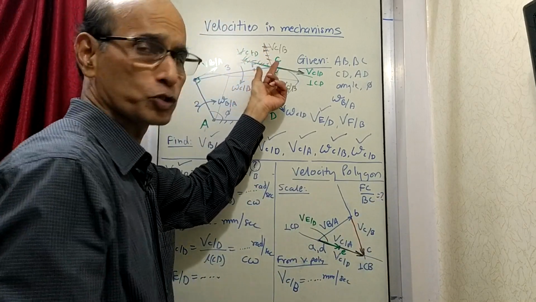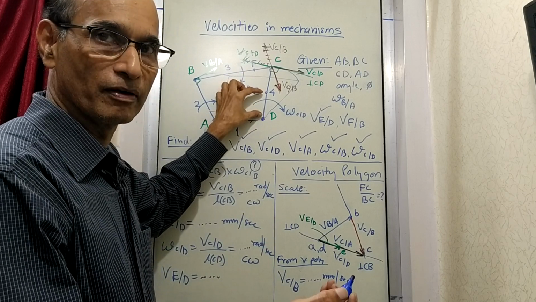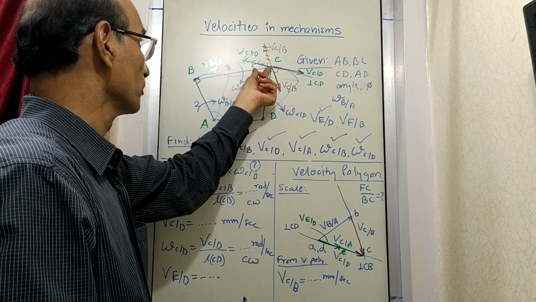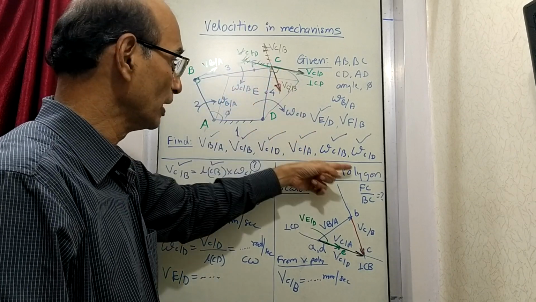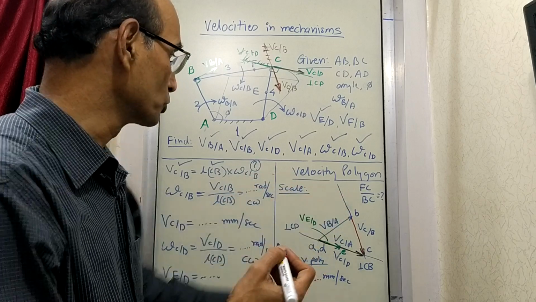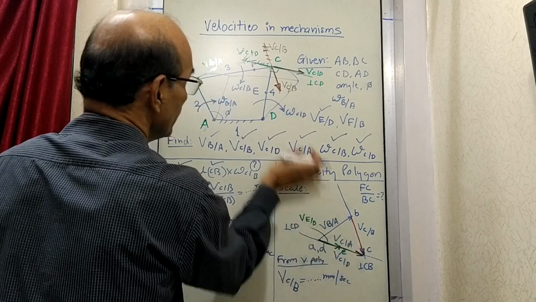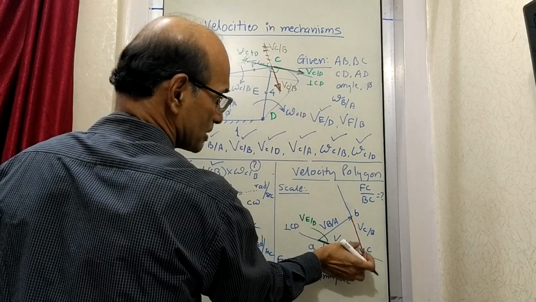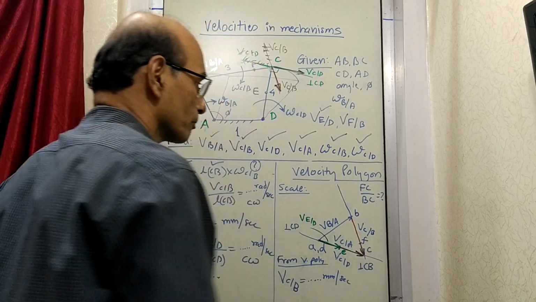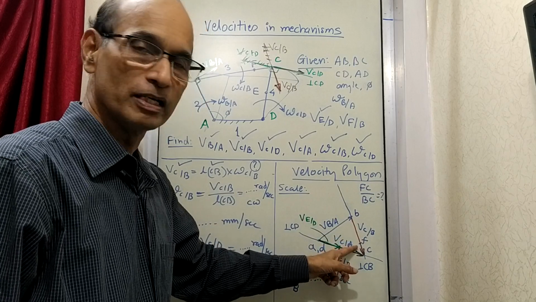That means proportion. Here also we have found out proportion, but since it is midpoint, we know it is half. So immediately we have done this half. Now, what is the proportion of this length to this length? That you find out. Suppose it will be 20%, 30%, whatever. So that proportion you use for dividing this line. BC is this BC and it is nearer to C. So from this side you divide, and somewhere here you will get point F. According to this proportion, find out where is point F.